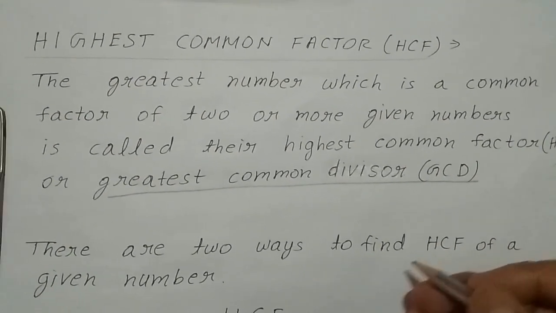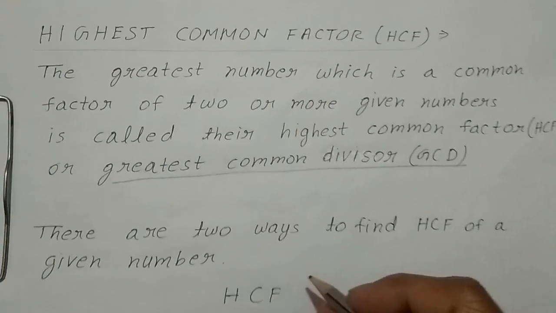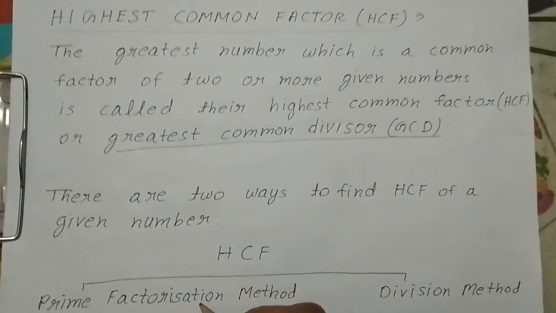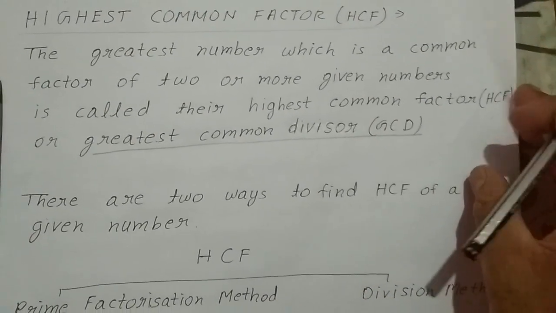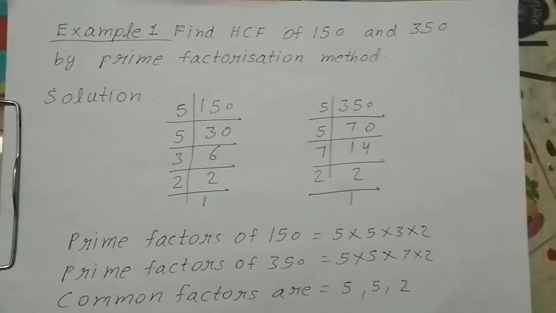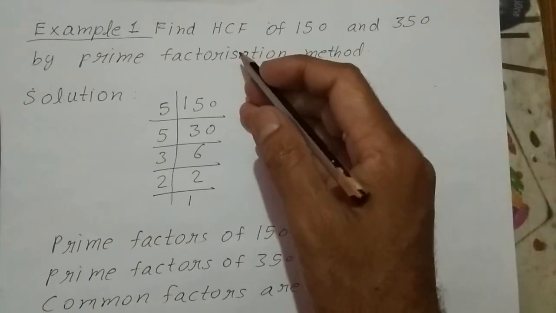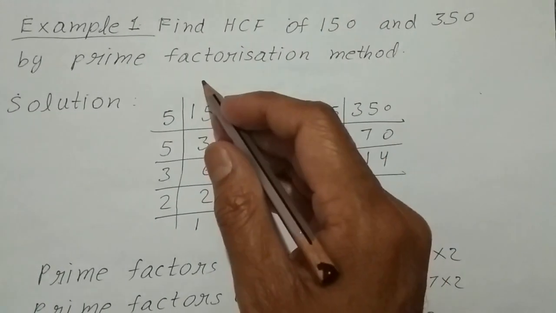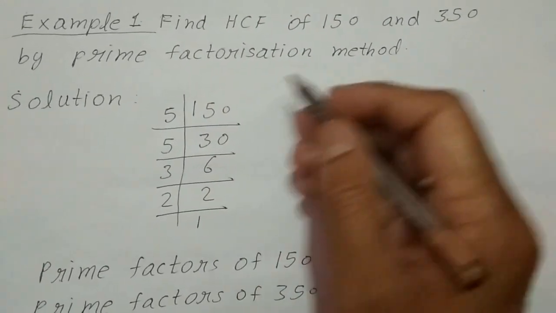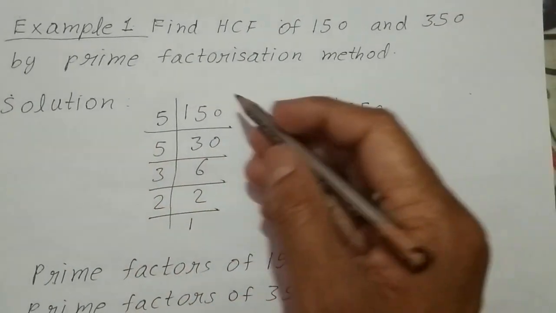There are two ways to find the HCF of given numbers: the prime factorization method and the division method. Let's see. Example 1: Find the HCF of 150 and 350 by the prime factorization method. Solution: